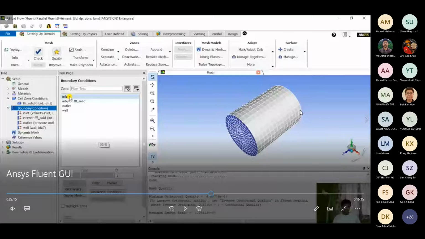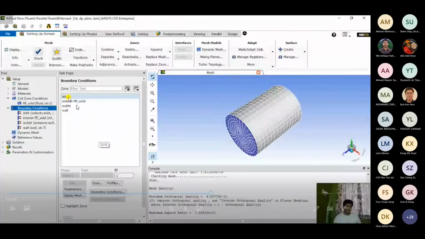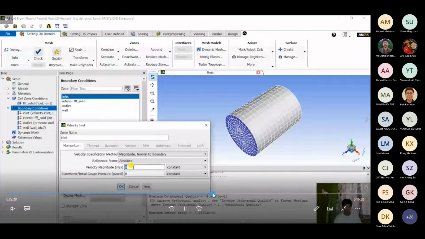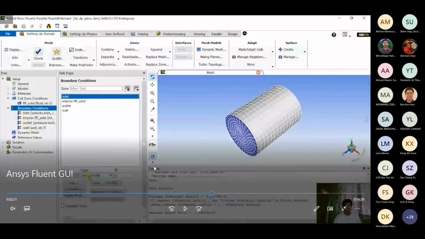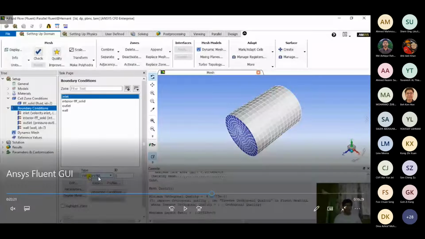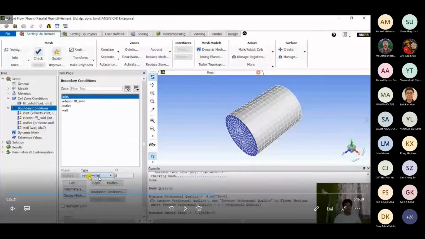Now here we've defined different constraints to each of the conditions. Based on your analysis, there are different conditions for inlet and outlet which we can use. In the type part, you would see that velocity inlet is mentioned, but there can be different options. Like there can be pressure inlet condition, mass flow inlet condition, volume flow inlet condition. Based on what we can give as an inlet to a fluid flow domain, that way it would take. These are the predefined conditions, you just have to choose.